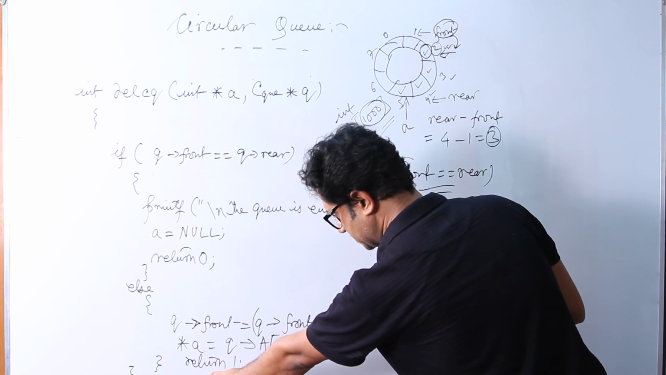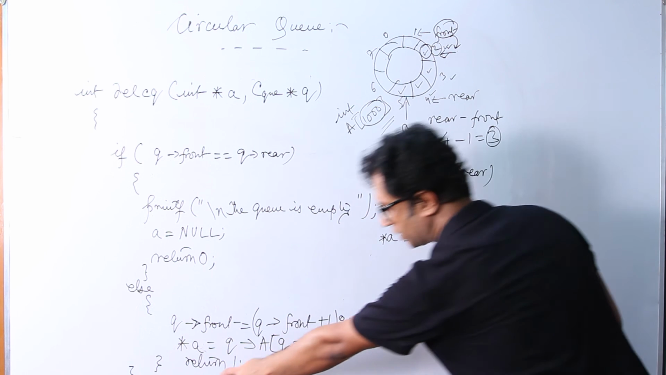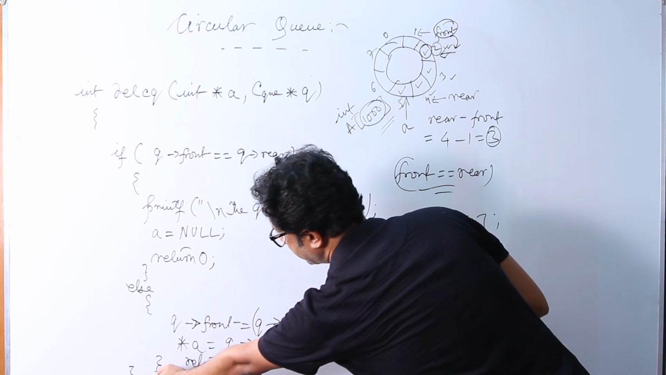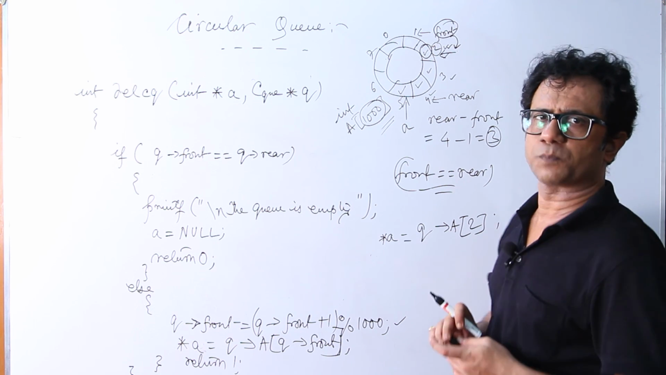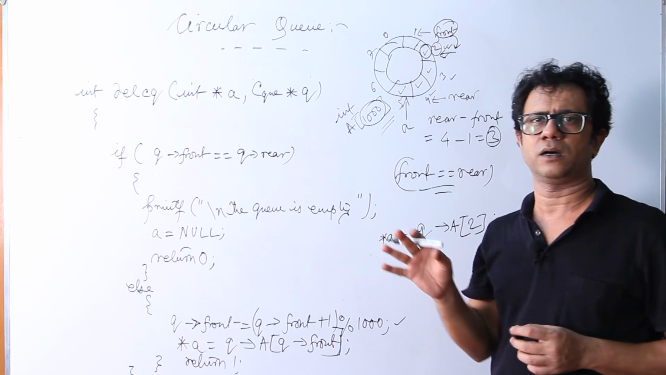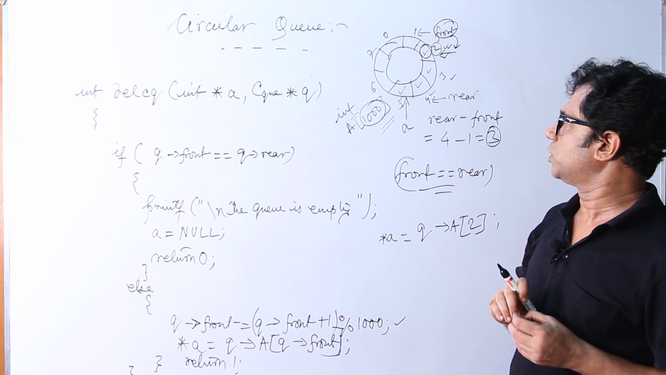After that, since it is a successful operation, we have returned 1, ended the else block, and then ended the function body. So if you have any doubts or queries pertaining to this entire explanation of the circular queue topic,